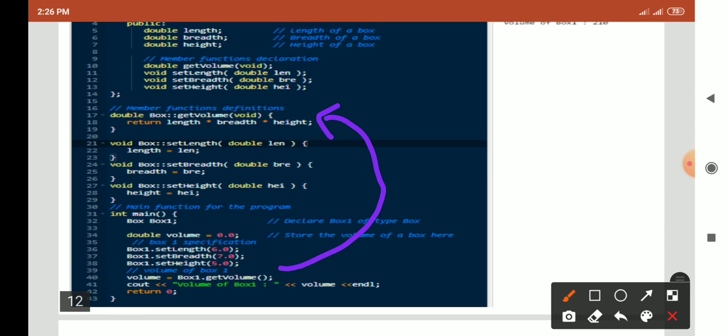Then we already set the values of length, breadth and height using these functions.